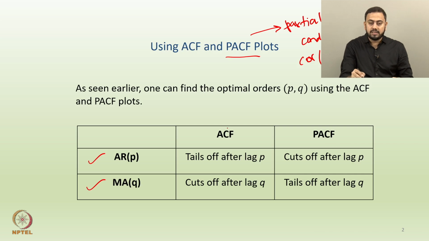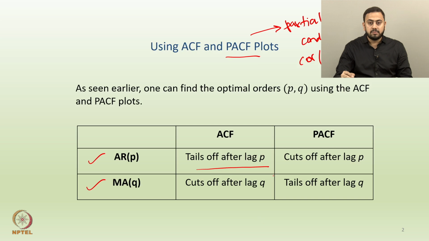So let's say for a particular ACF plot for an AR(p) model, which is this top left comment here. Just to repeat, for an ACF plot for a particular AR(p) model, you actually see a tailing off tendency. So the plot has to tail off after lag p. And at the same time, if you observe the ACF plot of an MA(q) process, it shows a cutting off tendency. So cutting off means that the correlations abruptly cut off after some lag, and tailing off means they gradually decrease, right.